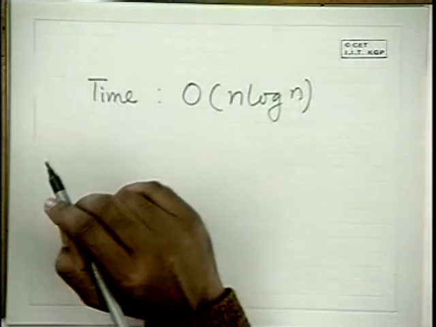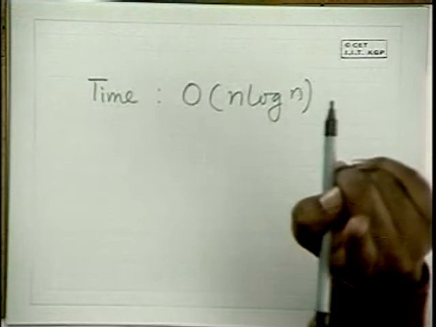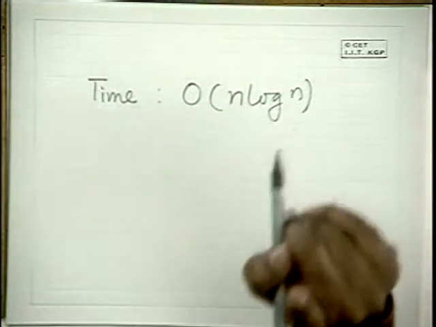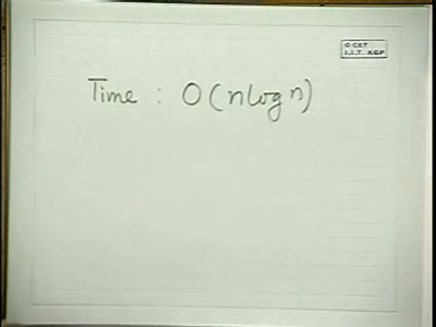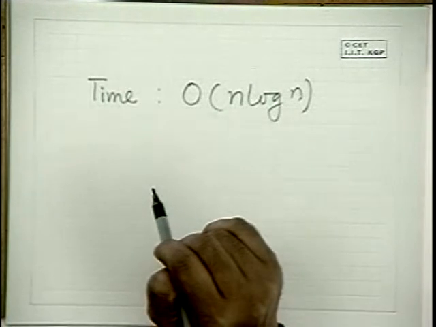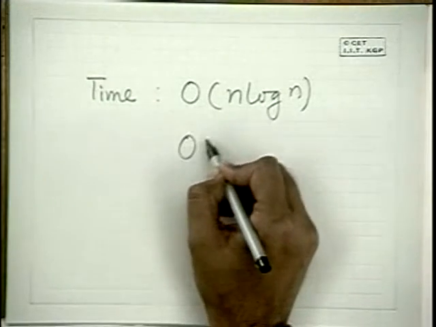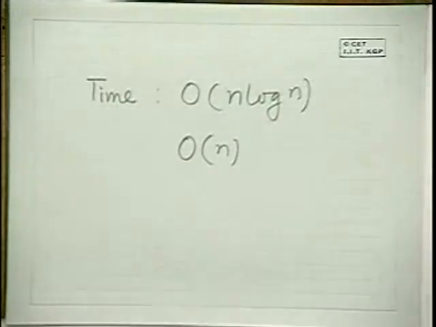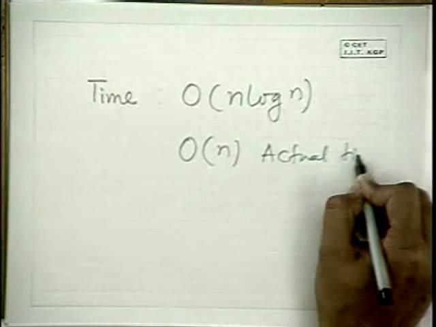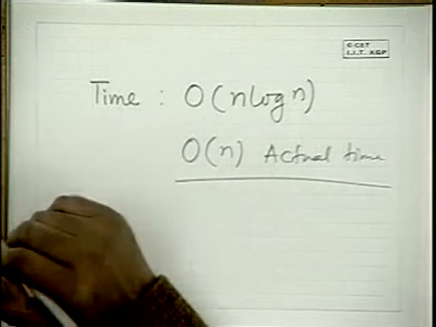Here is the point. This analysis we have done is a correct analysis, but not the best analysis. You remember in my last lecture I was saying that you analyze your algorithm the best possible way. So you have analyzed this algorithm in one way, but this is not the best way. You can analyze this algorithm and you can show actually this is running in order n time. Order n is the actual. Okay, and that's what we will see, how to analyze it better, and that will make the point clear.